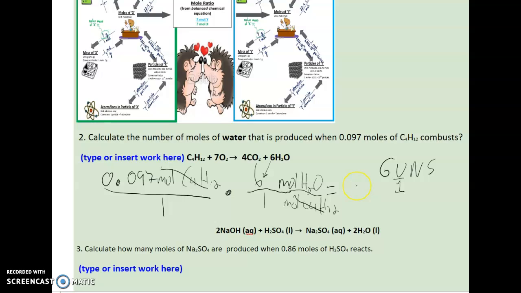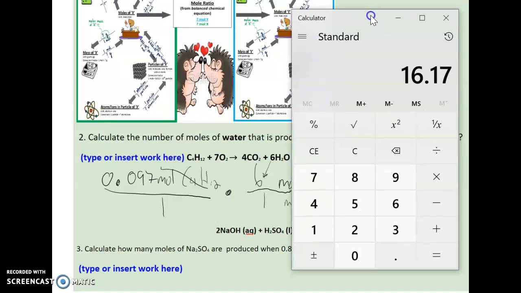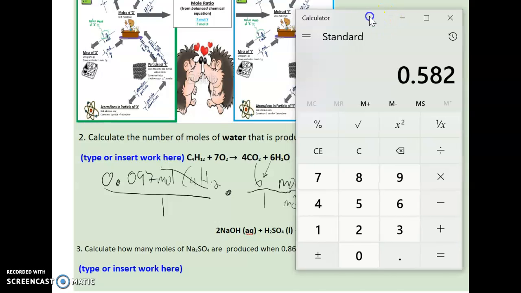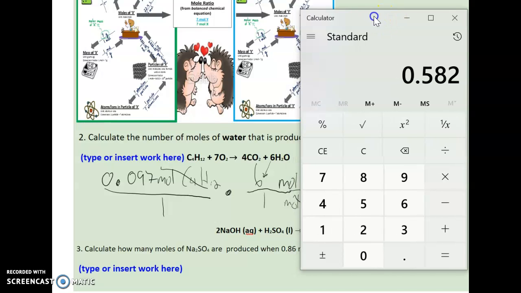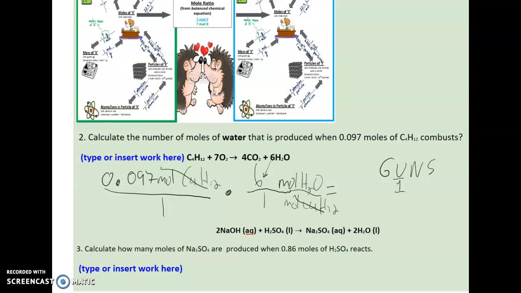And I'm going to actually write, so what is 6 times that number? I have no idea, so let me pull up my calculator for a second, clear off the last problem. All right, 0.097 times 6 equals 0.582. Okay, so 0.582. Remember that because I'm going to take the calculator off the screen. 0.582 equals